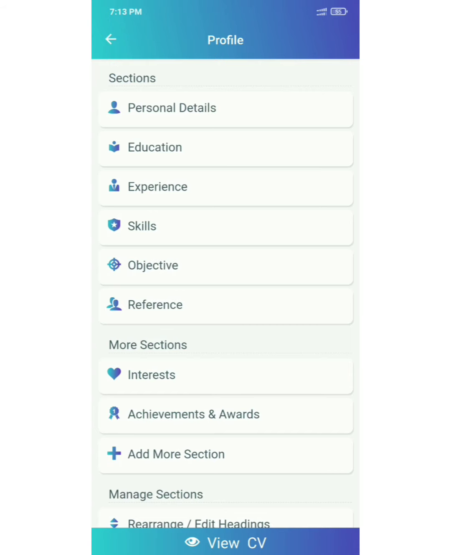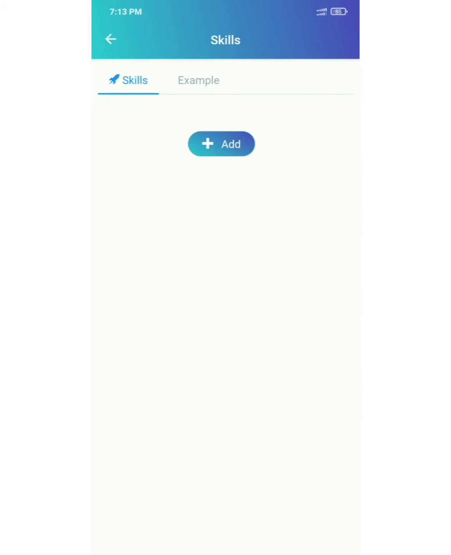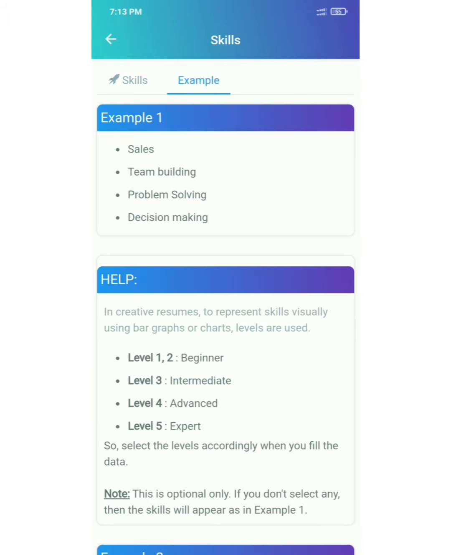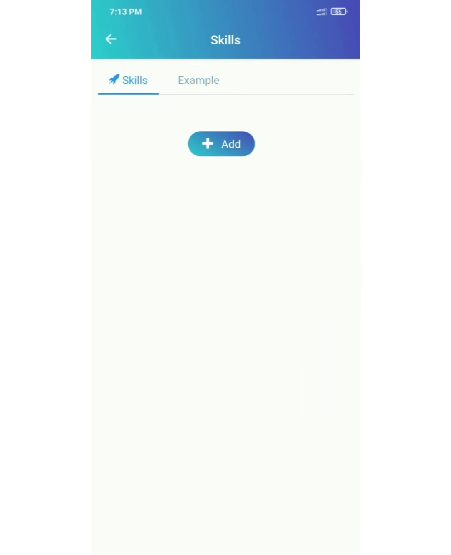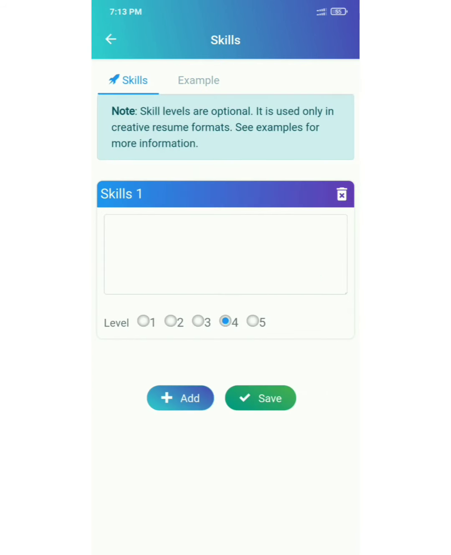Now let's proceed with the skills part, which is the most important part of your CV after experience. So for this, before filling, make a list of all your skills and then among them choose the ones which are required for the job profile you are applying. Skills like decision making and leadership are common, so you can add them and rate them according to your expertise. Don't overrate or underrate your skills. Keep it exactly what it is and save them.